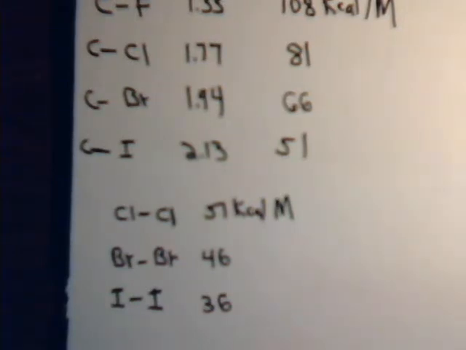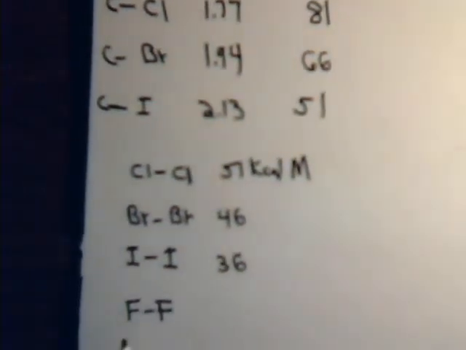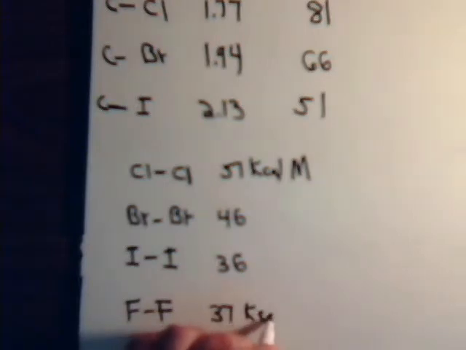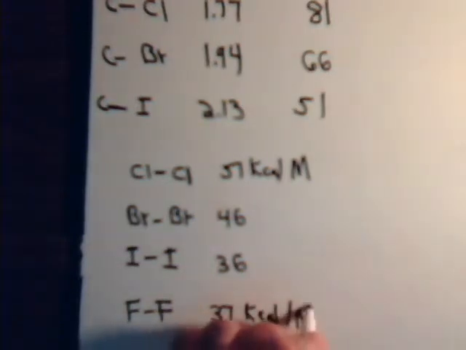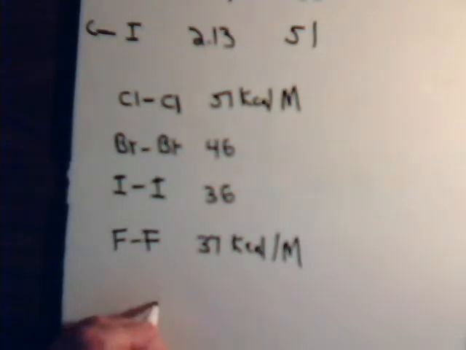What about fluorine? This would be the shortest bond because fluorine is the smallest atom, but yet here it only takes 37 kilocalories to break apart a mole of fluorine molecules. Why so? Again, remember that for the halogens, if we consider just a simple Lewis dot structure,